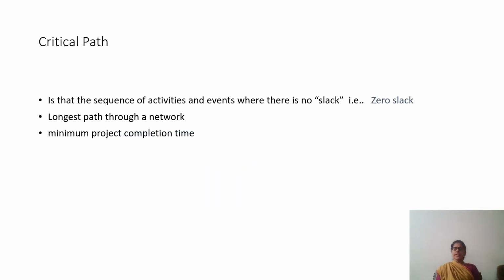So you know what the critical path is? The path with zero slack. The path which does not have slack, as we learned when we were doing a Gantt. Right? It is the longest path of the network. And the minimum project completion time is directly dependent on your critical path. If you follow your critical path without any delay, your project minimum time will be the time taken by